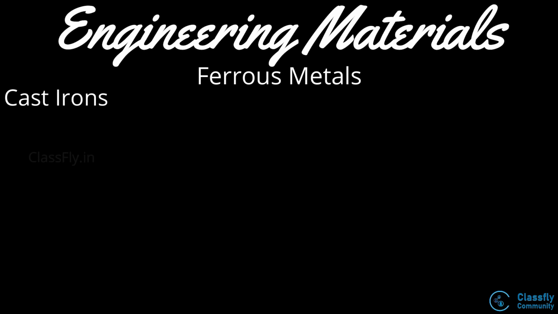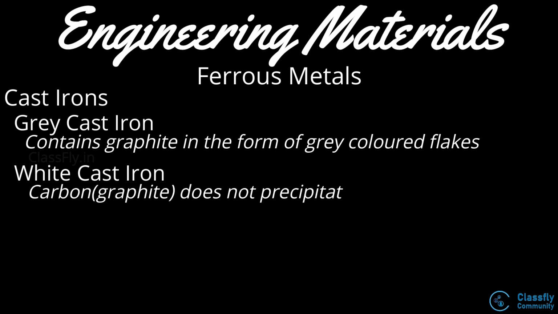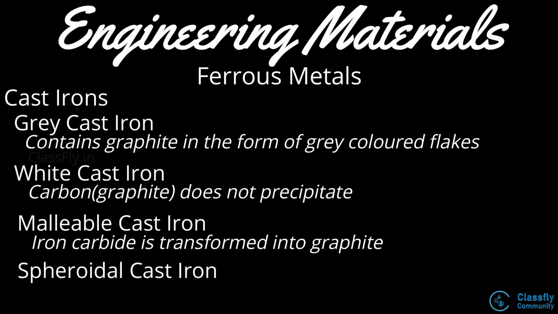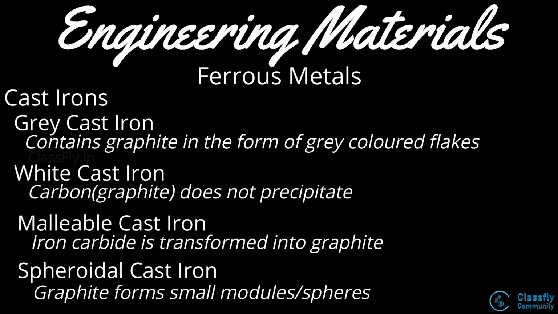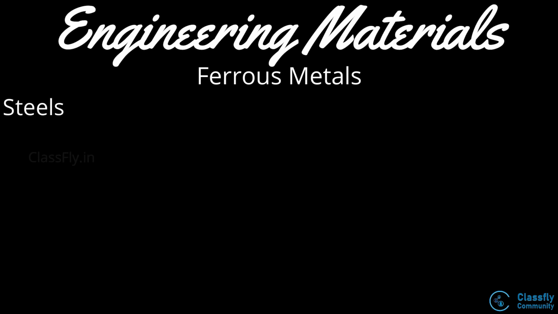The cast iron can be of several types, such as the grey cast iron, which contains graphite in the form of grey colored flakes, white cast iron, in which the carbon, that is a graphite, does not precipitate, the malleable cast iron, where the iron carbide is transformed into graphite, and then the spheroidal cast iron, where the graphite forms small nodules or spheres. Then we studied about the steels, that is the tool steel, which is the steel used